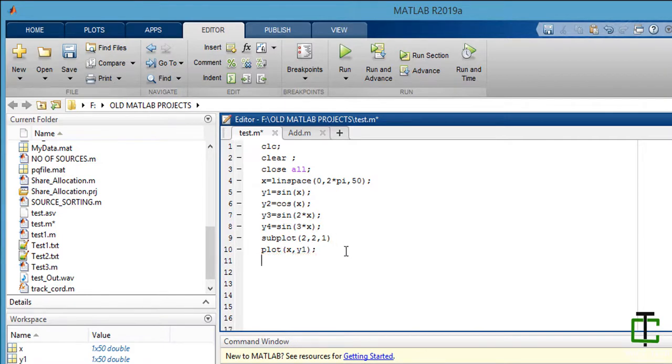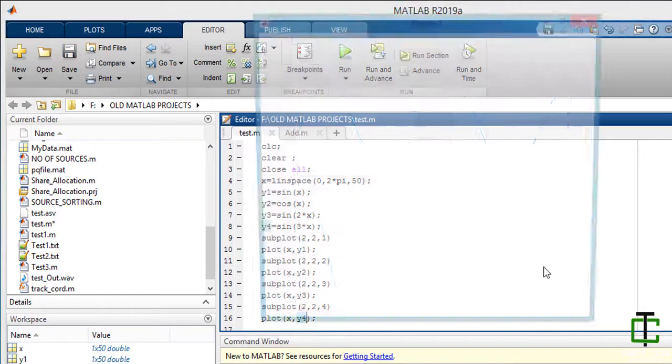Similarly, for the second plot, I give position 2, x comma y2. Similarly, third, x comma y3, and fourth, x comma y4.